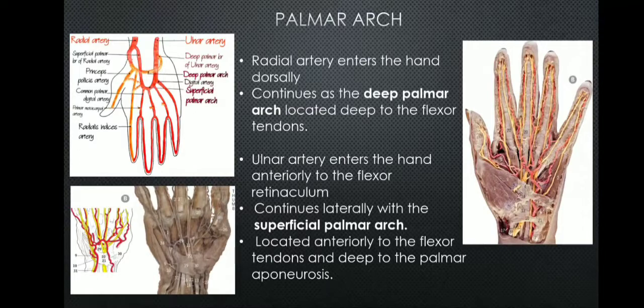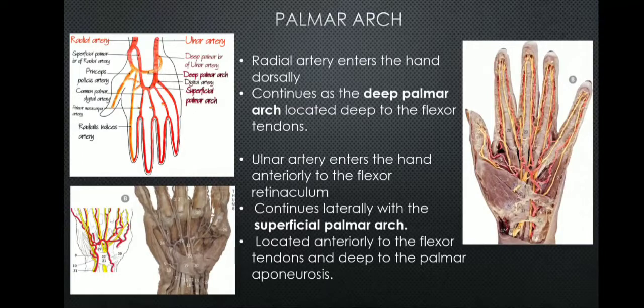Now this radial artery runs obliquely from the side of the radial pulse to reach the anatomical snuff box, and from there it passes forward to reach the first interosseous space and then to the palm, and in the palm it gives out digital branches. It is also crossed by digital branches of the radial nerve, and this artery is superficial to the metacarpal bones and